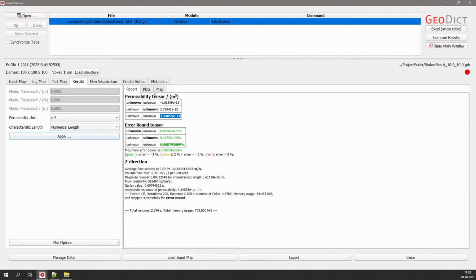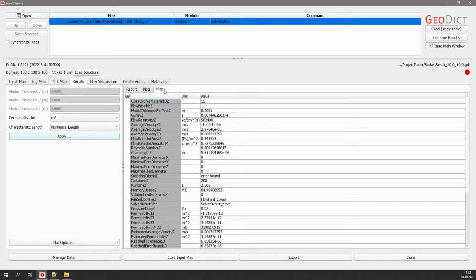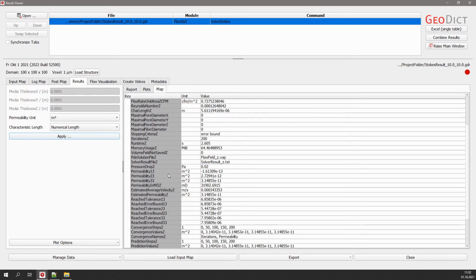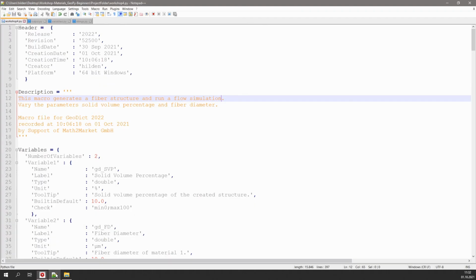Then we move to the Maps tab here, which is a subtab of the Results tab, and we find a list of key value pairs. And these keys we need to access the respective values. We want to have the permeability 3.3 value here, so we have to remember this key and that it is in the result map. With this knowledge, we go back to our Workshop 4 macro and save it under a